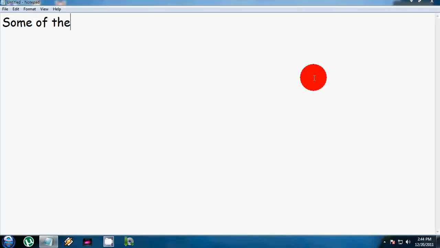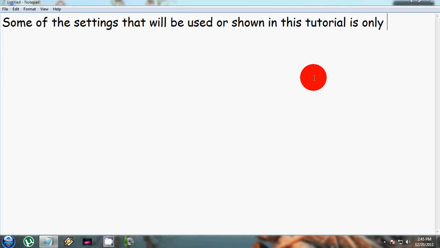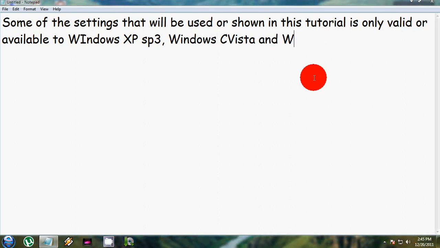some of the settings that will be used or shown in this tutorial are only valid or available to Windows XP, SP3, Windows Vista, and Windows